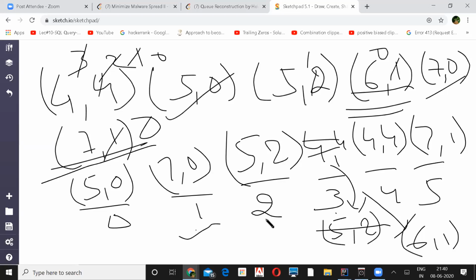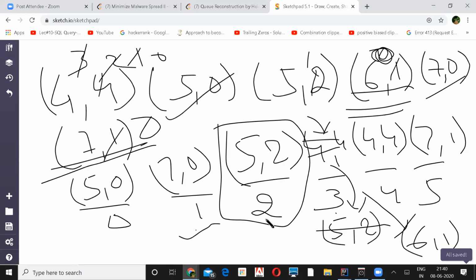But you can't fill it here, because until the count hits 0, I can't fill this place. If you fill 6,1 here, you have to check that one element should be greater on the left side. So we can't fill 6,1 here. So I'll reduce it to 0, and this is already full, so you can't do anything. At the next vacant spot, my index becomes 0, so I am putting 6,1 at this third place. Okay, so you need to keep track of how many empty slots there are before that.